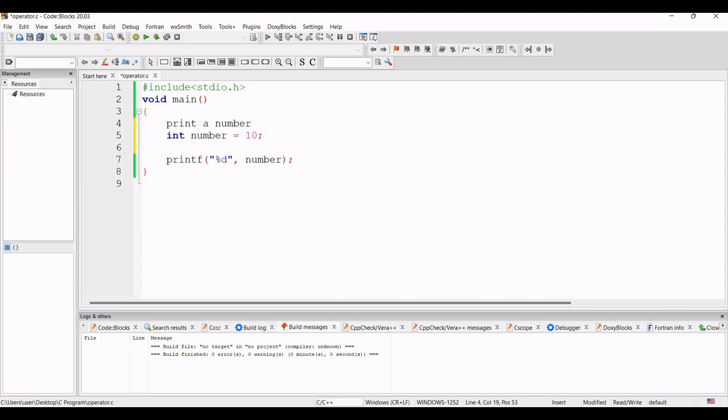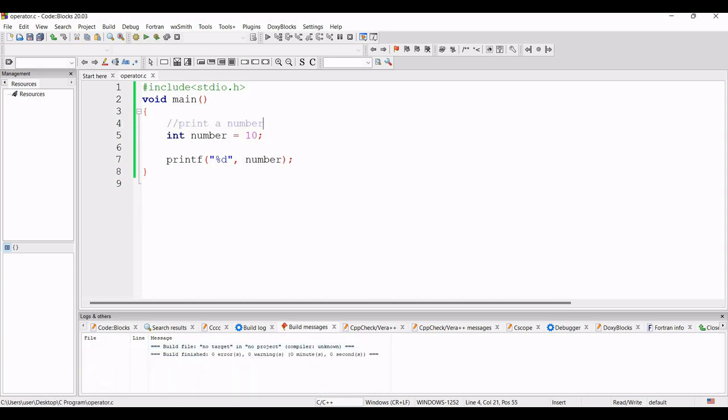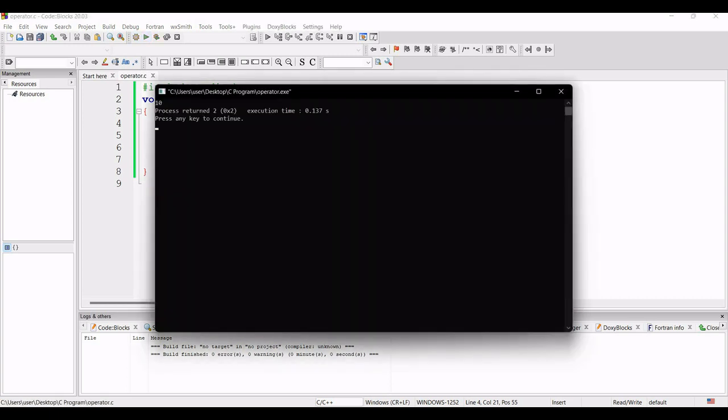If we just want to keep this line inside our program and we compile it, you can see the error is given. If we don't want to get this kind of error, but I just want to keep this line inside over there, at that time I will use comment. If we give a double slash before this line, this line will be totally out of the C compiler. This line will not be executed by the C compiler. So I have just compiled and run it. Now you can see 10 is the output.